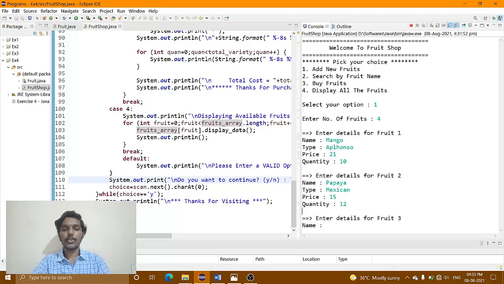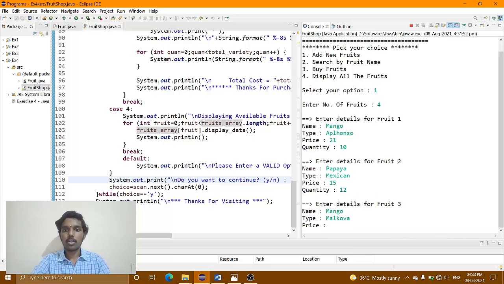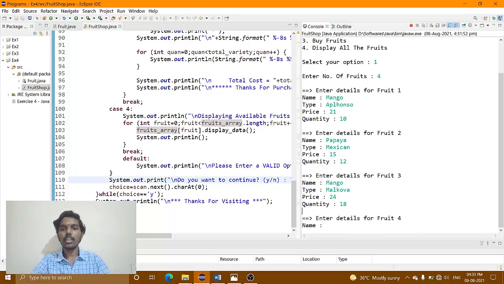Let us again give mango, and now we can give the type as Malkova, and the price as 24. Previously we gave 21 for Alfonso, now I am giving 24 for Malkova mango, and we can say we have 18 quantities. Then we can give the fourth fruit name as